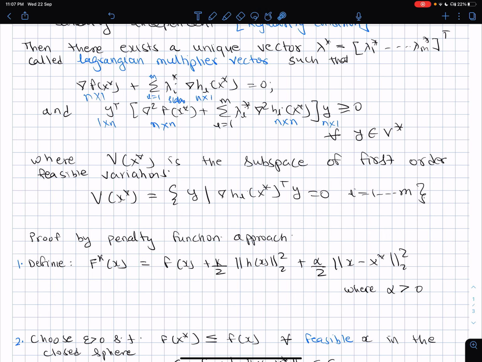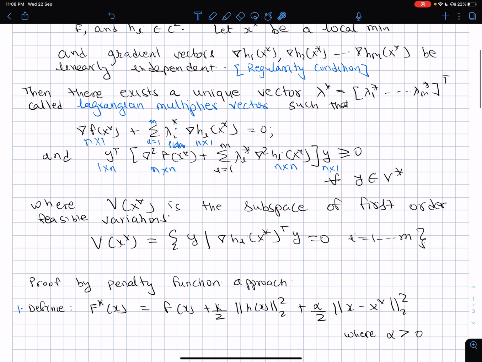So this becomes the second order necessary condition. Now my plan today is to just do the first order, prove the first order condition, and then we will take the second order necessary conditions proof in the subsequent lecture. So the proof that I am going to do is for the first order condition. What is the first order condition? It's here.